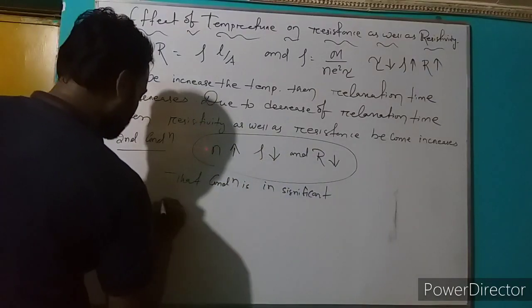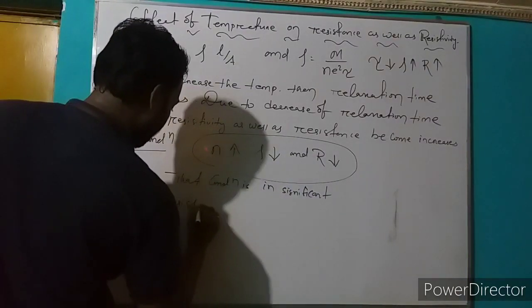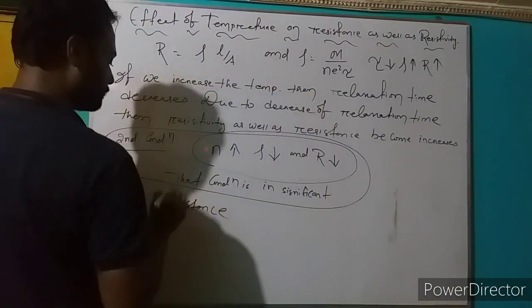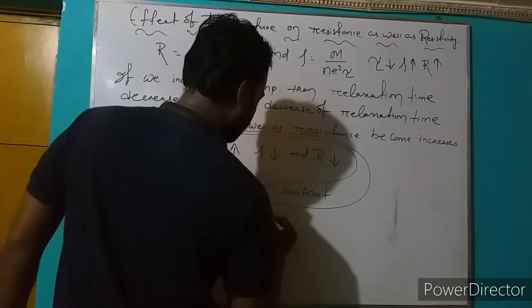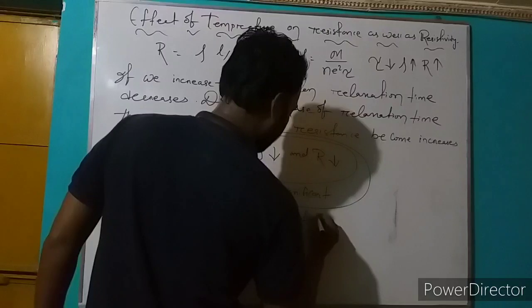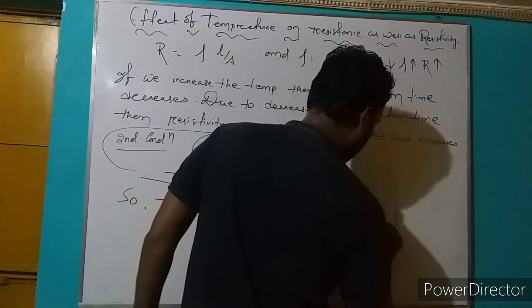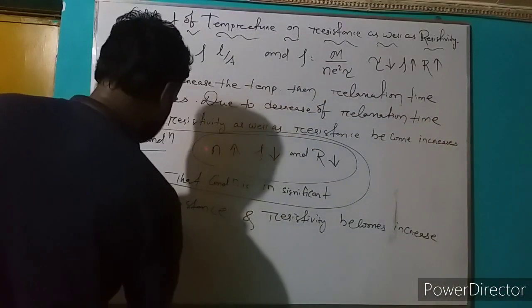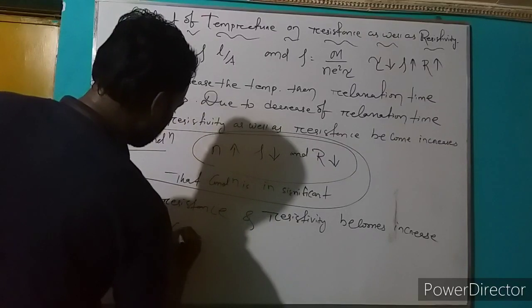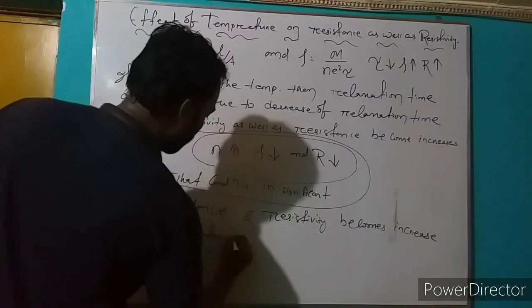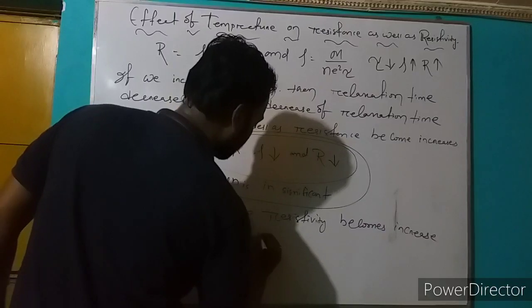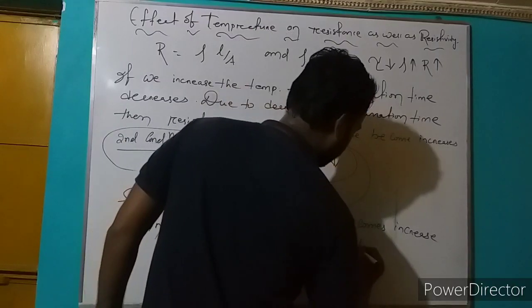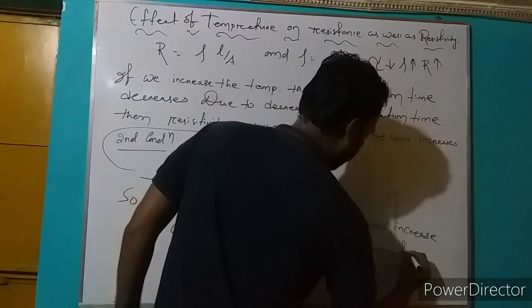So resistance and resistivity increase in a conductor with the increase of temperature. Okay,